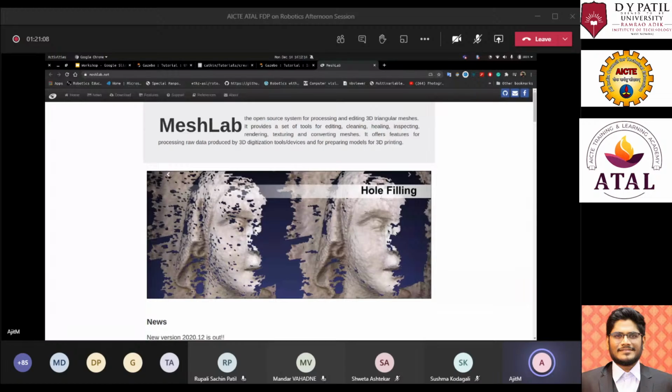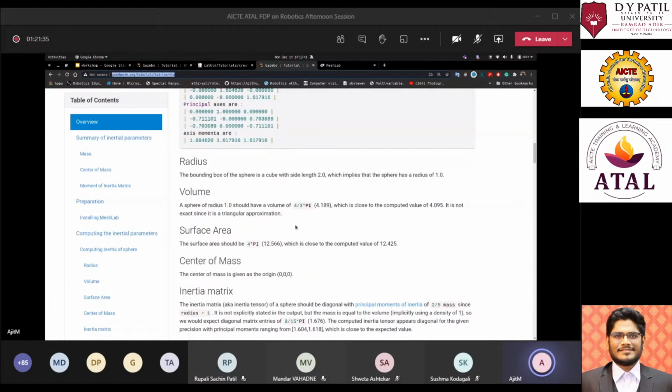available in that software. So Gazebo has given us the tutorial that uses software to compute the moment of inertia of a specific link which you are going to use. I'll be sharing this as well in the chat. In future, if you're creating your own model, instead of using some pre-available models in the ROS world or ROS community, you can use this tool for computing the inertia matrix of your links.